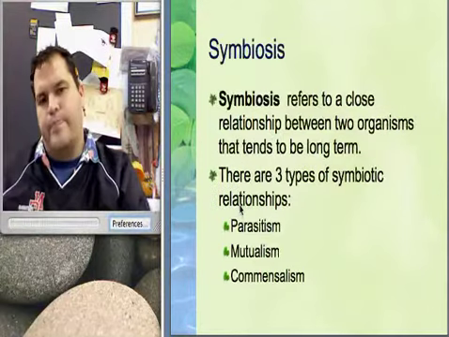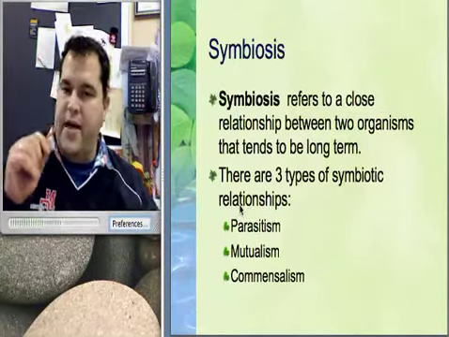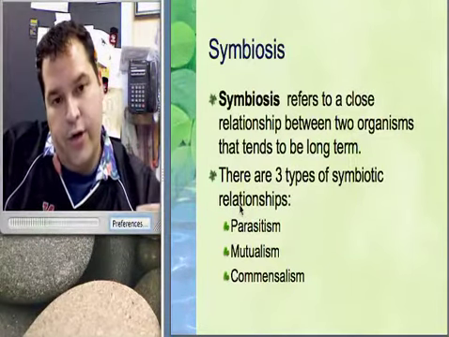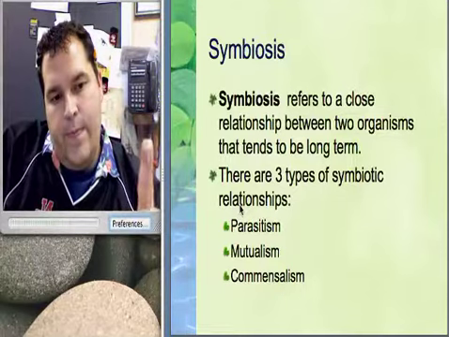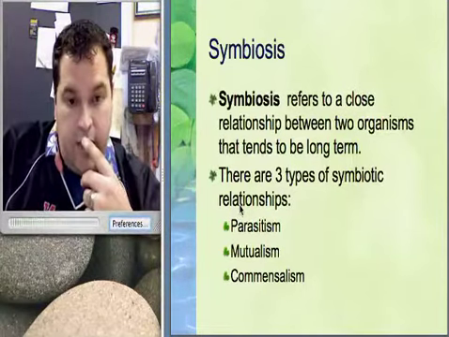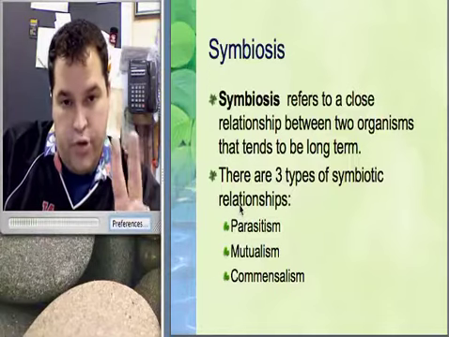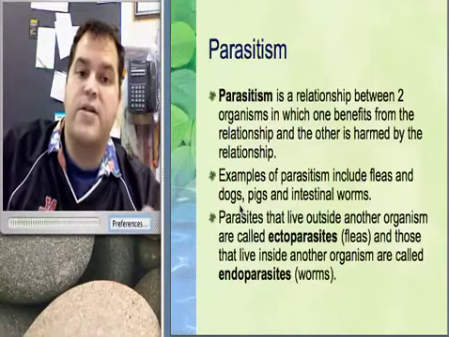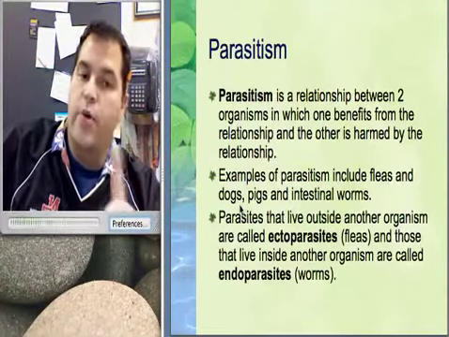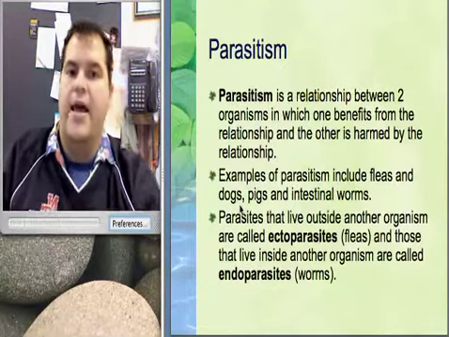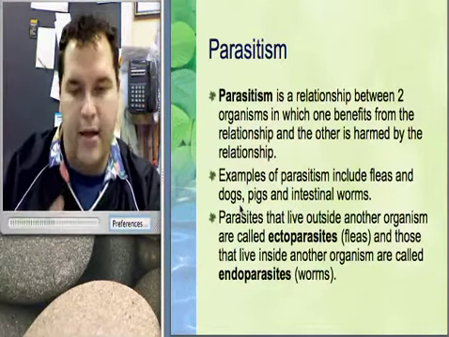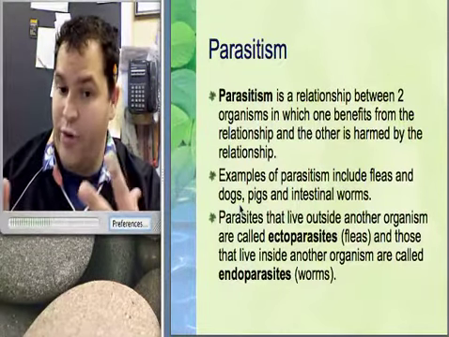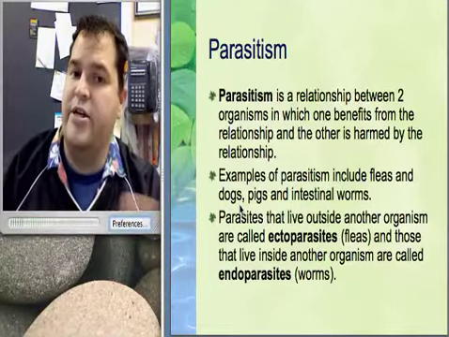It didn't confuse you. The last type of relationship is that of symbiosis. Symbiosis is a relationship that is long-term between two organisms. We're going to talk about three types of symbiotic relationships: parasitism, mutualism, and commensalism. So the first one you probably are familiar with. Parasitism is a relationship between two organisms in which one organism benefits and another is actually harmed in the relationship. Now basically what that means is that one organism doesn't want the relationship, but the other one does because it's getting some sort of benefit.